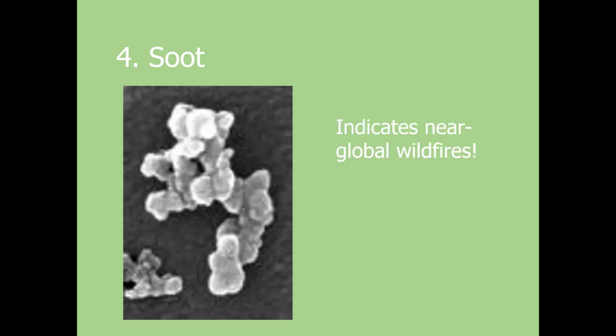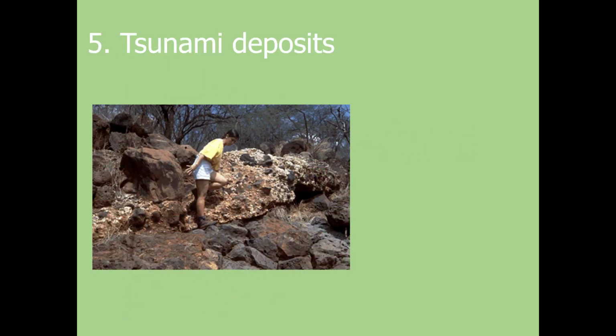So soot has been found around the globe in end of Cretaceous extinction horizons. Here's another picture of soot under scanning electron microscope. It's the same stuff that you find in your fireplace, really. It's just created by fire. And so it looks like, based on the deposition of soot nearly globally, that the entire globe was on fire that day. I just can't even imagine a magnitude 11 earthquake, followed by a heat blast, followed by worldwide fire. It's just unbelievable what it must have been like.